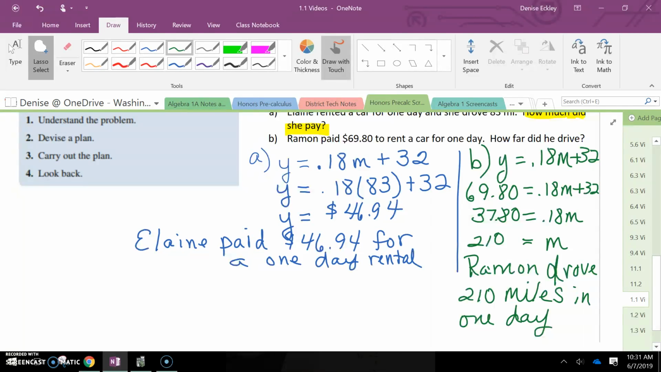Now, this was a very simplified version of using the 4-step problem, but if you get used to just doing this in your head, what you'll find is that problems become more complex. This plan will help you keep focused and be able to come up with a